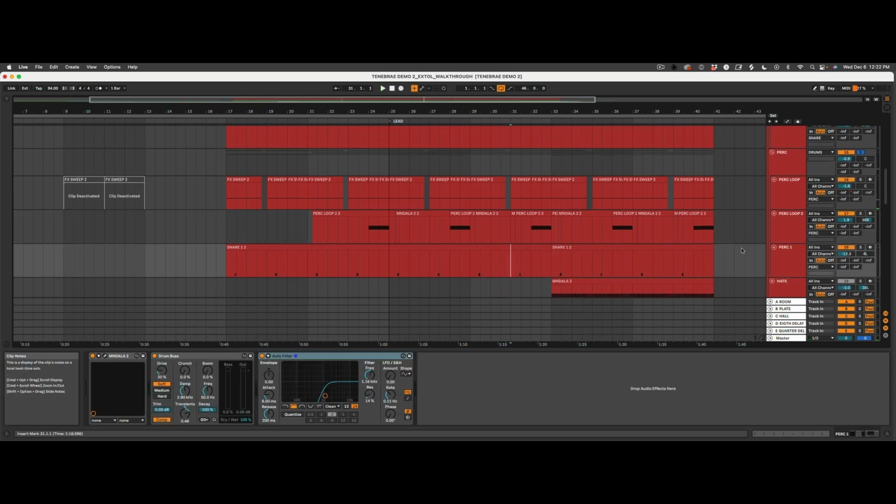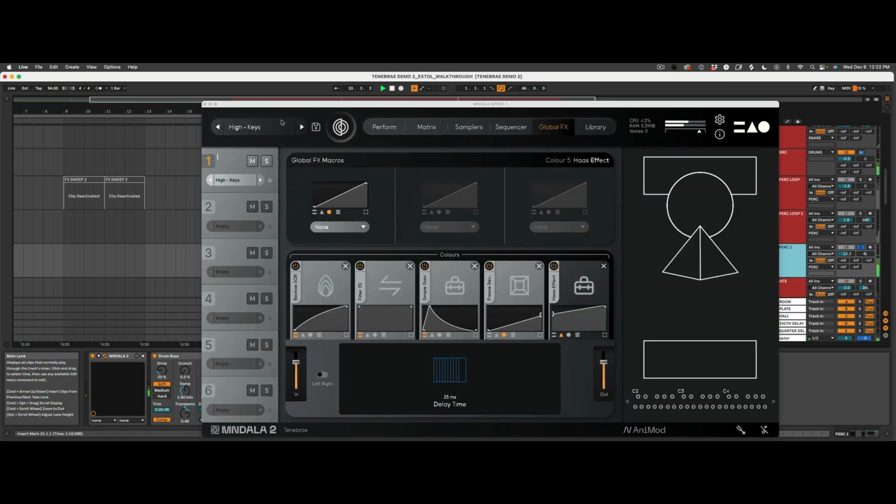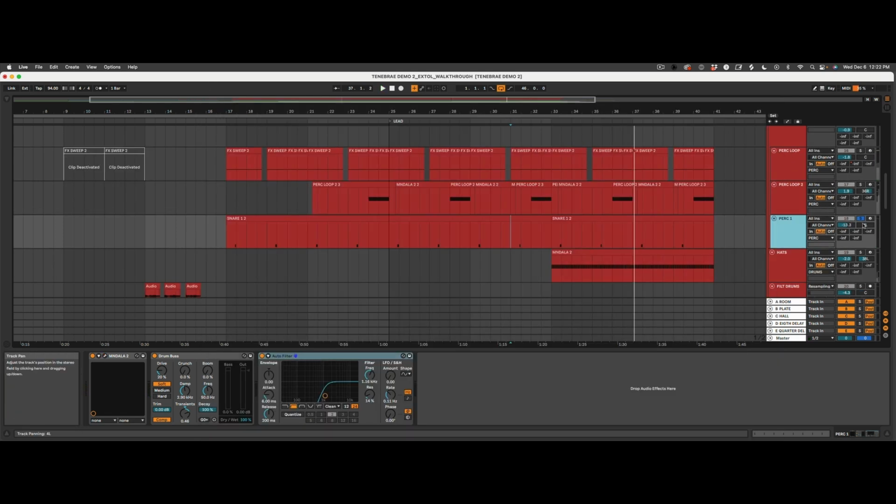Then we have this accent here, which is just at the end of every few bars, which is another percussion element, one of the higher ones. And I have this Haas effect that I added on to the global effects. Then we go to our hats here, which is essentially just